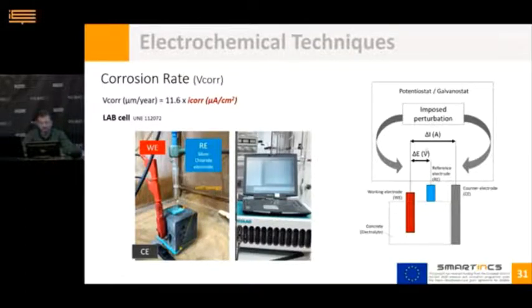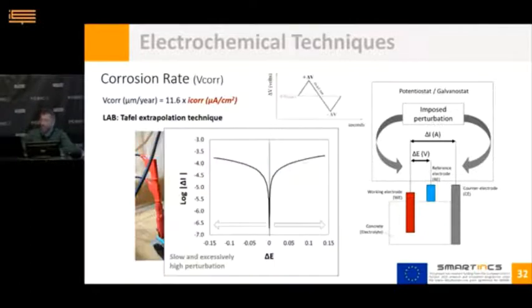But the truth is that there are different measuring techniques which differ in the type of disturbance of electrical signal applied. One of the first techniques was the Tafel technique. In this case, the perturbation consists of a controlled modification of the working electrode potential, and the current response is